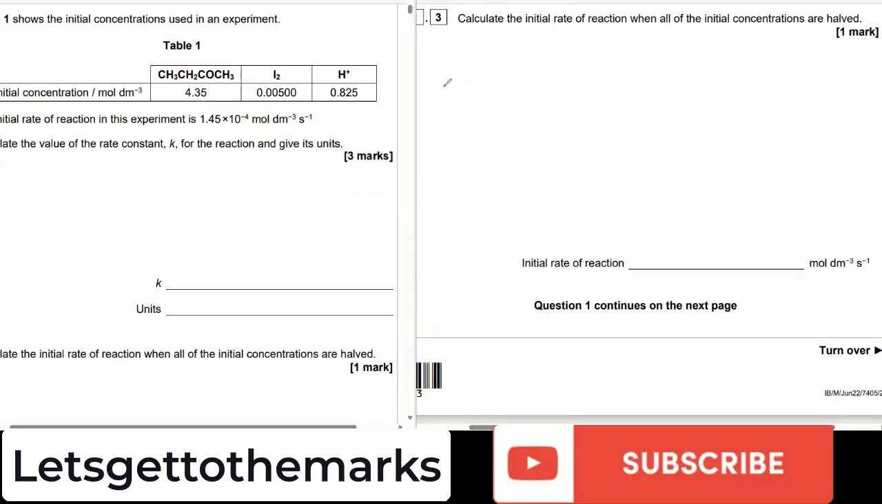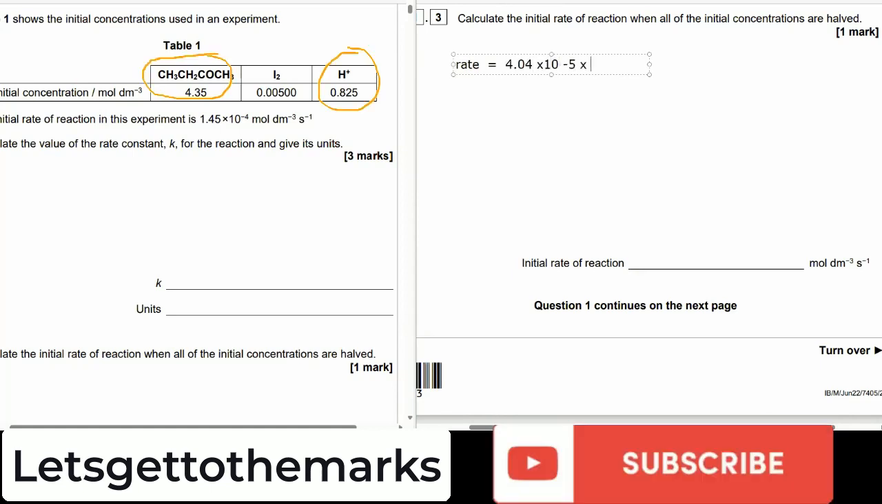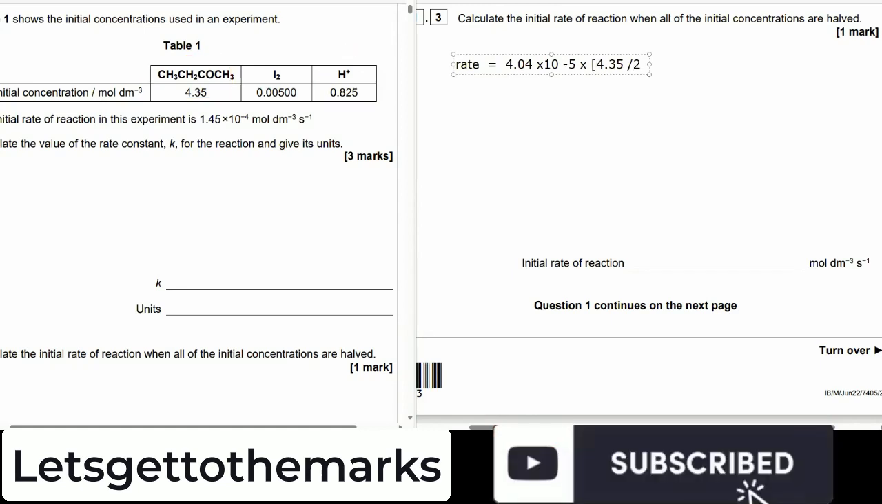Okay, let's go. Right, we're on 1.3. Calculate the initial rate of reaction. I've just underlined it here in blue very badly, when all the initial concentrations are halved. So what would happen if we halved CH3CH2COCH3 and the hydrogen ions, which I've circled here in orange? Well, we can find it out. We just plug the numbers in for the rate